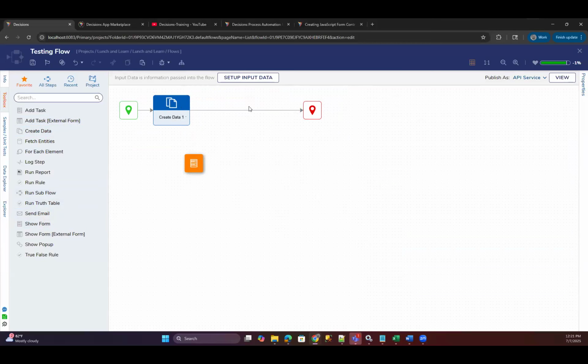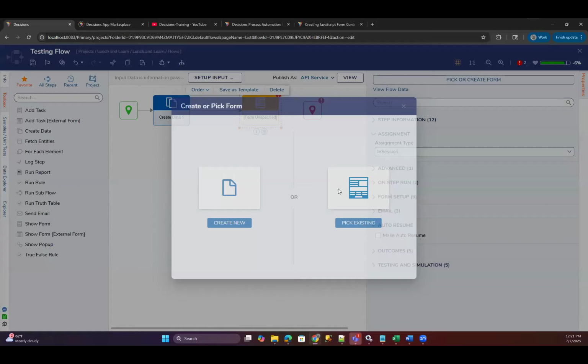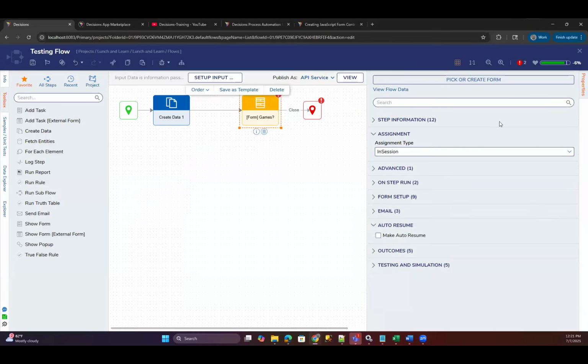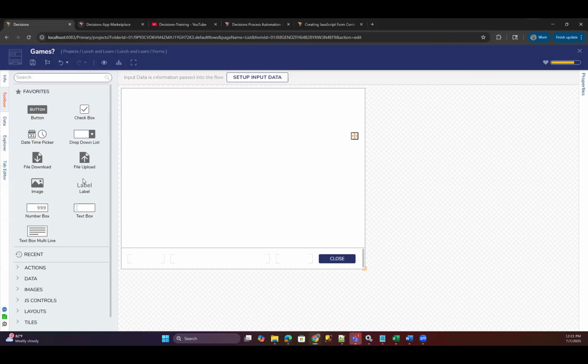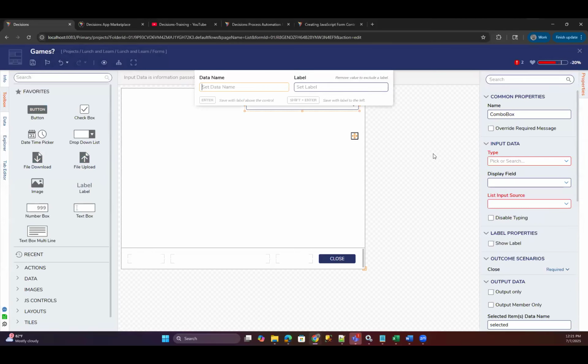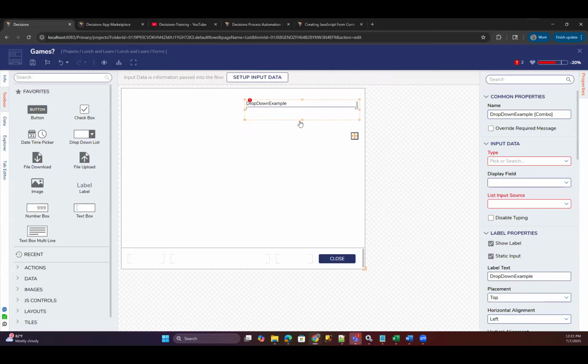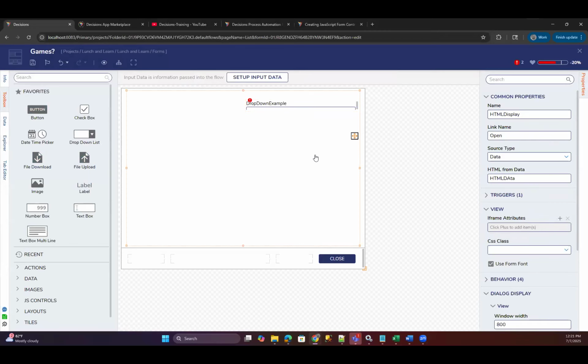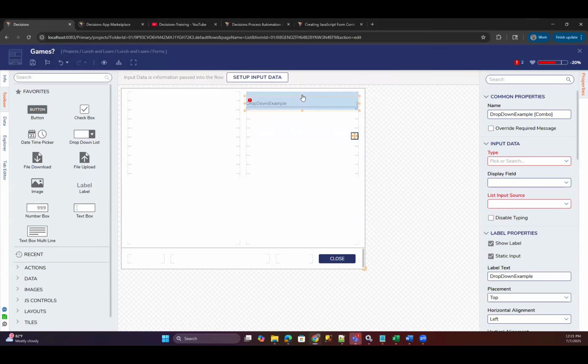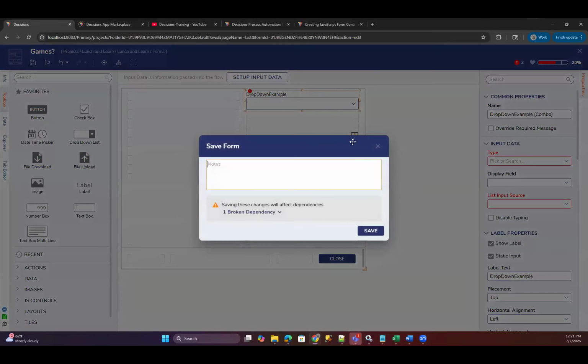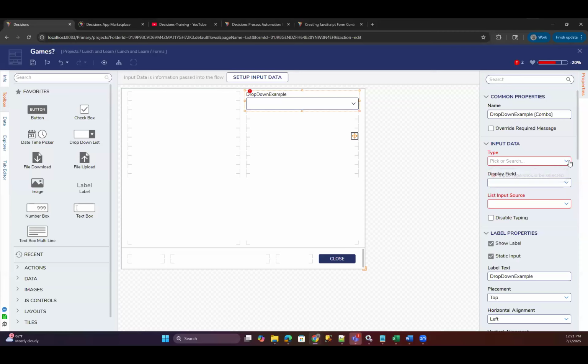And then we do have some other form here that we need to be able to take in that's going to have a drop down on it. So let me just add a drop down here. We'll just do that. Oh, I need to change the type too. Make this strings, whatever type, data name.